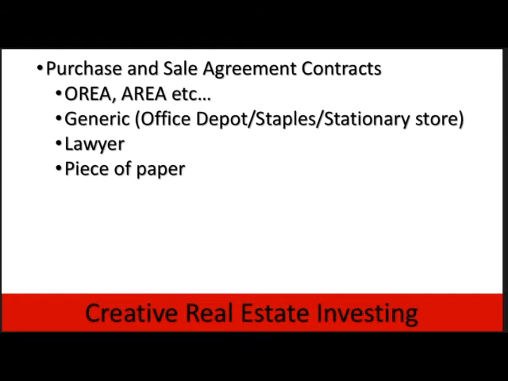Does it mean you have to use those? No. It just means that that's one source of contracts. You can go to a stationery store like Office Depot or Staples, or even some of the bookstores, and you can get generic forms for purchase and sale, and you can make use of those as well. Your lawyer is actually able to buy and sell real estate like a real estate agent because they have that ability under the umbrella of being a lawyer. So they will have contracts readily available for themselves to use as well.